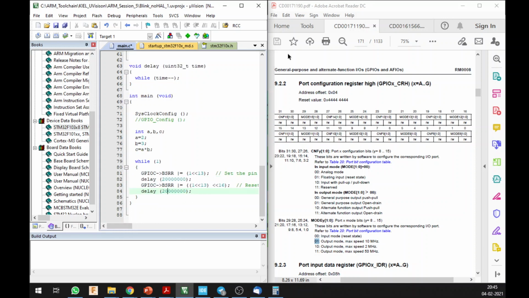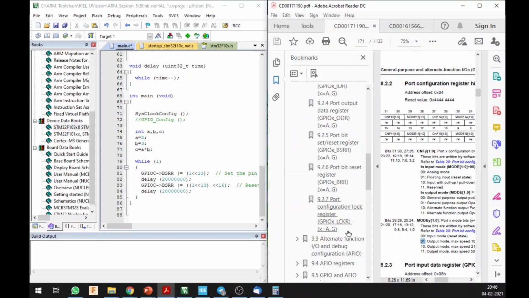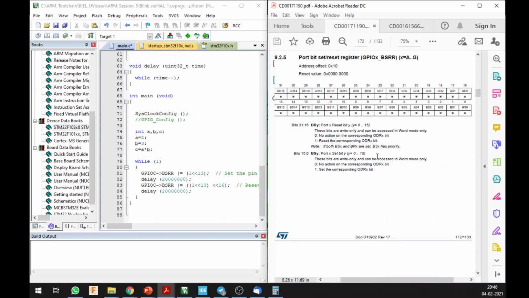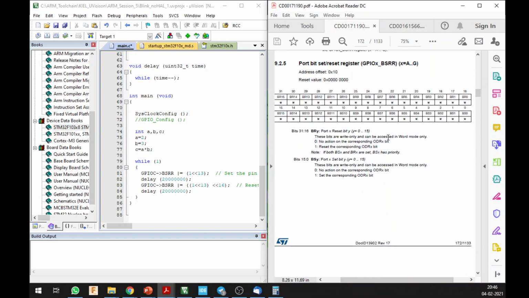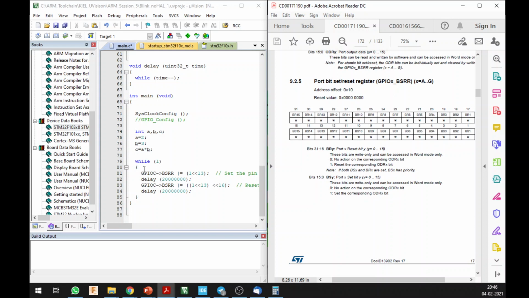In order to set that, the set and reset register are the registers that you have to toggle in order to set a pin high or low. So BSRR has all the 16 bits, and how do you access it? You call the port number and you call the register, and then you do a bit shift at that particular place which you want to set or reset. If you want to reset a pin, you have to AND it with a 0 and then invert it. And if you want to do a set, then similarly you do it. So there is a way of doing set and reset in this.